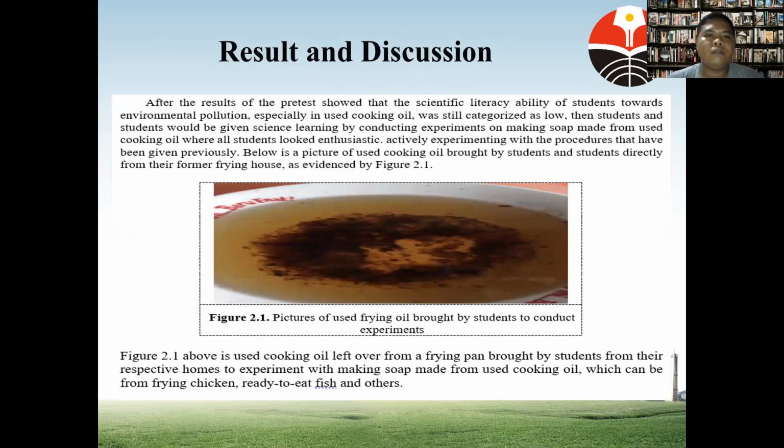Next, the results of the pretest show that the scientific literacy ability of students toward environmental pollution, especially using cooking oil, was still categorized as low. The students were then given science learning by conducting an experiment on making soap from used cooking oil, where all students looked enthusiastic, actively experimenting with the procedures that had been given previously. Below is a picture of used cooking oil brought